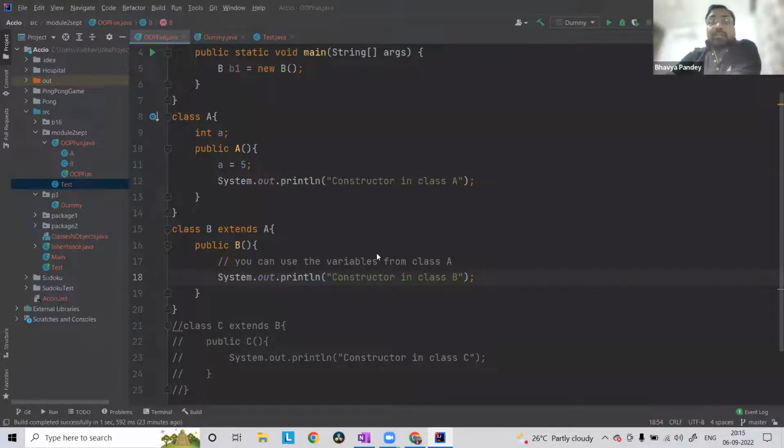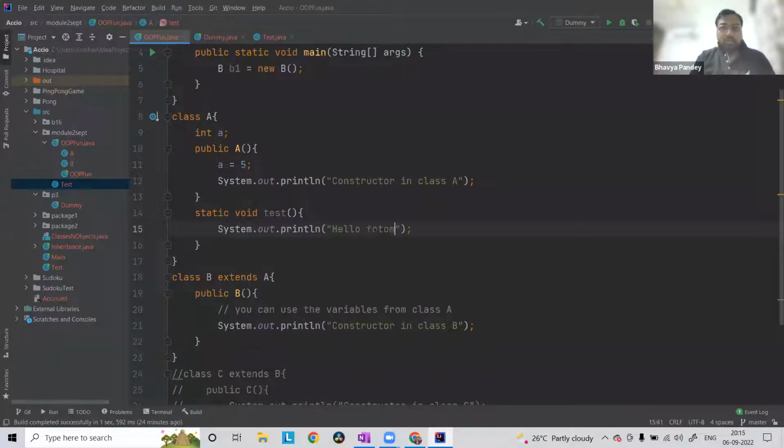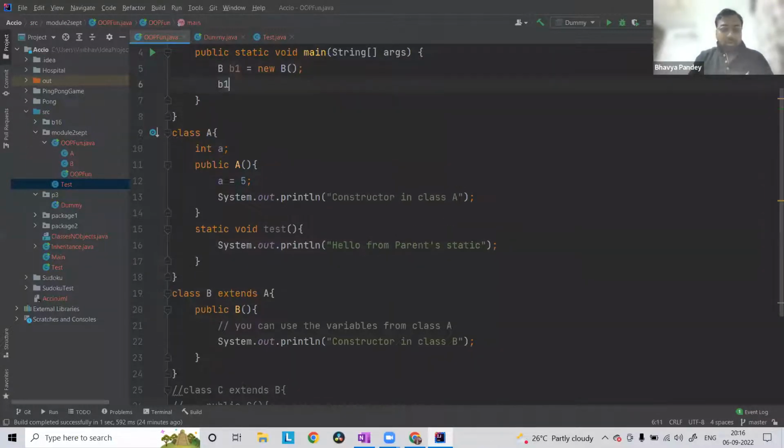Can a static method be inherited? These are things we can try. Let's do it right away. Static void test, a function to test. println "Hello from parent static", right? So if I call this particular function now, b1.test,